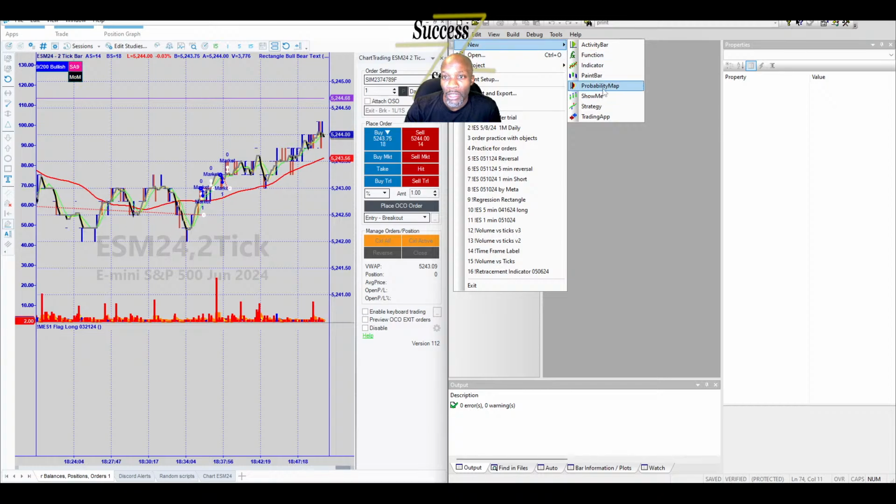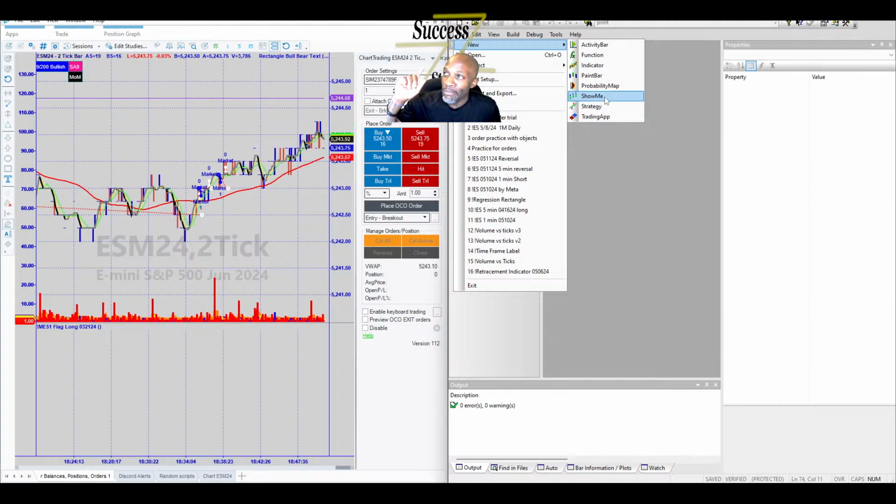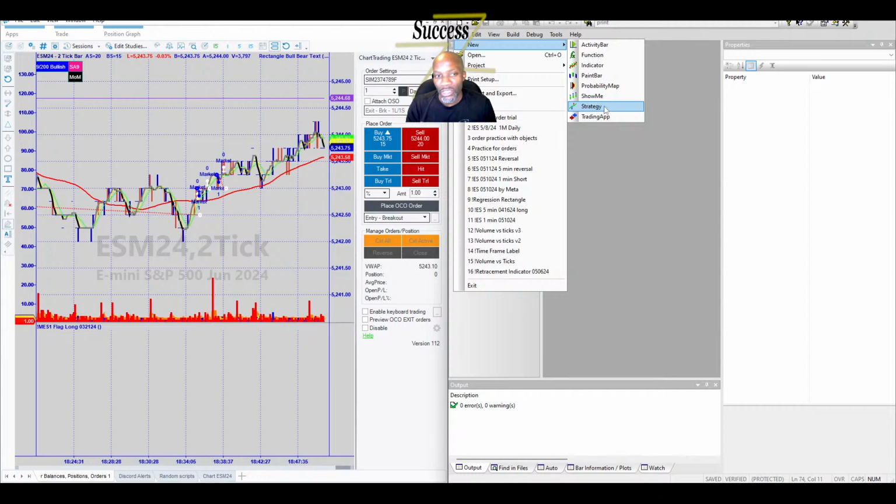And then ProbabilityMap, I don't use that. Show Me, we just put dots and symbols above and below your bars, or on the screen, wherever. The strategies, of course, are what you're going to use to turn your indicators, your conditions, your entire thought process, your algorithm, into something that you can